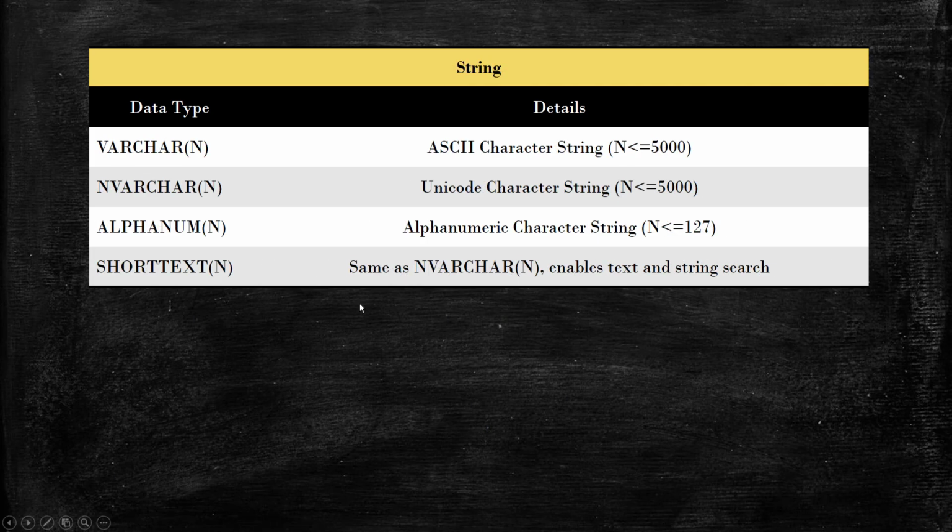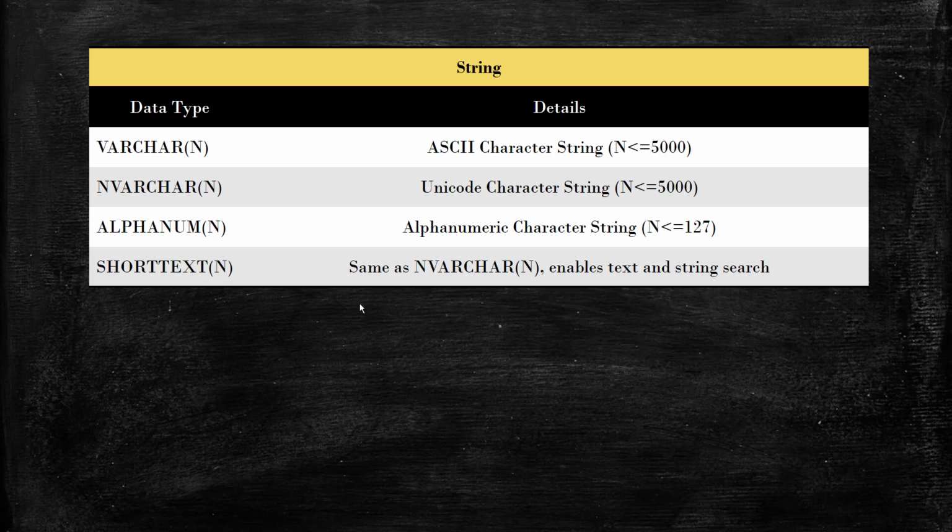Let's go to the next data type, string data types. In string data types, varchar supports only ASCII characters and the length should be less than or equal to 5000. nvarchar supports Unicode character strings and the length is going to be up to 5000. And alphanum supports only alphabets and numerical values and the length should be less than or equal to 127. Short text is similar to nvarchar, but it enables text and string search. So this search feature is useful